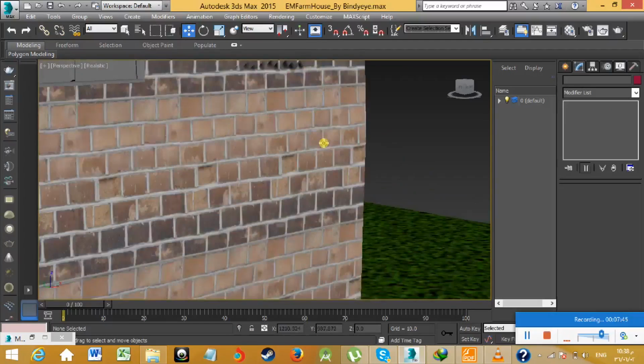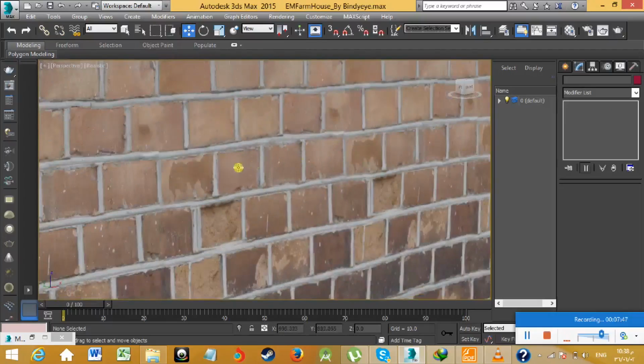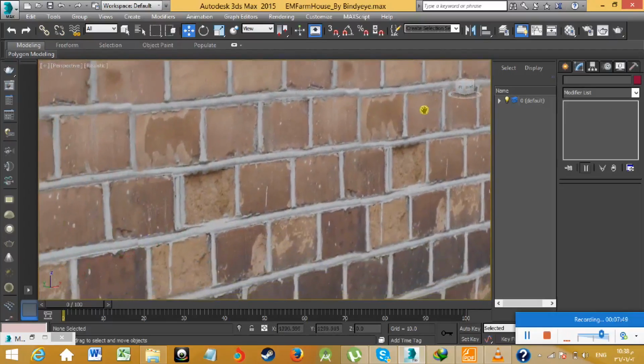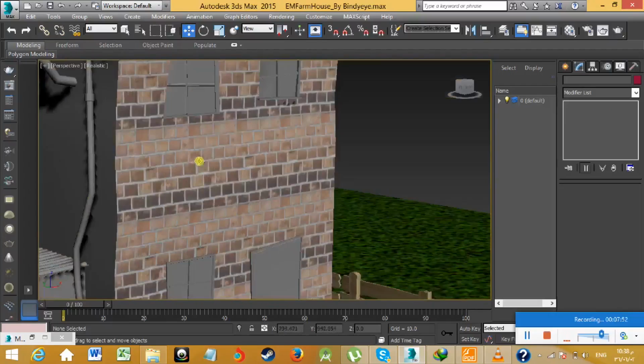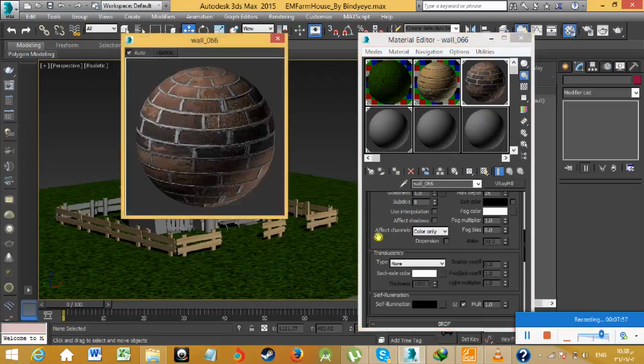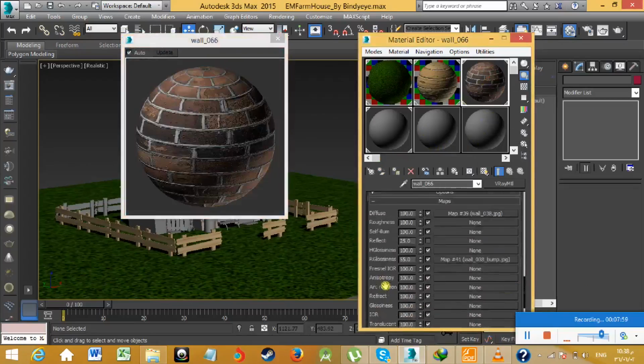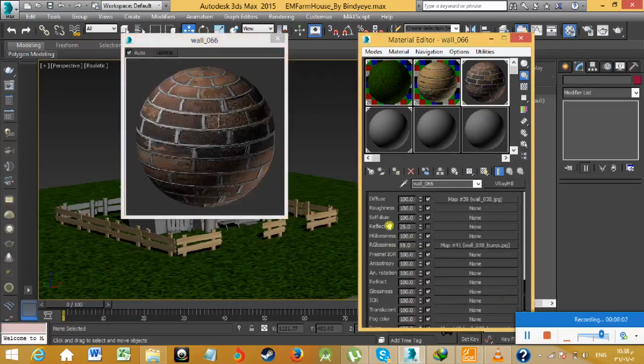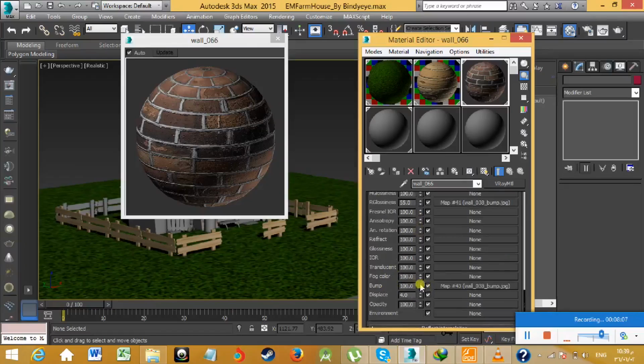I think that's pretty much good, but maybe you have seen something like it's looking pretty much like a real wall, but I could change some values to give it a more realistic view. So what I'm going to do on that selected material slot, I could change some values, for example, I could go to the bump value and increase the bump. It already has pretty much good bump, but I could give it more, so the mortar area or joint area